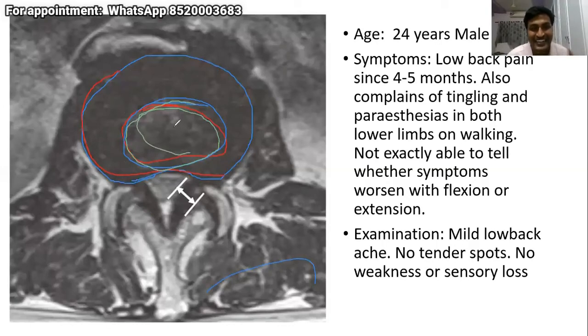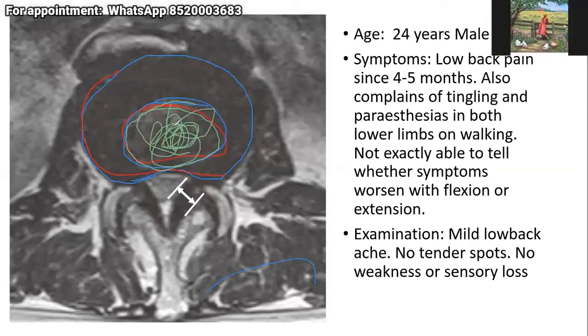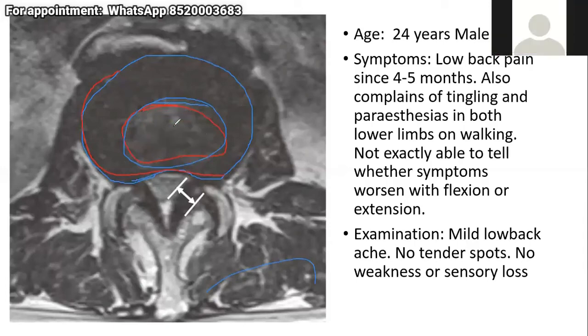So what is the color of nucleus pulposus now? It's black, so degeneration. So it's not a healthy disc. Yes. Second one. What is the shape of the posterior surface of the disc? Normally it should be concave, but here the concavity is a bit lost. It's more flat. So yes, the annulus is bulging.